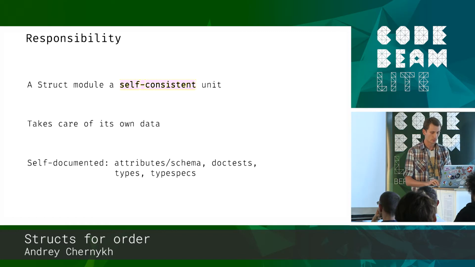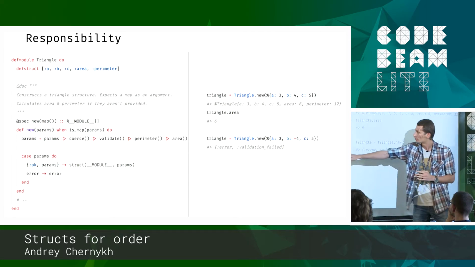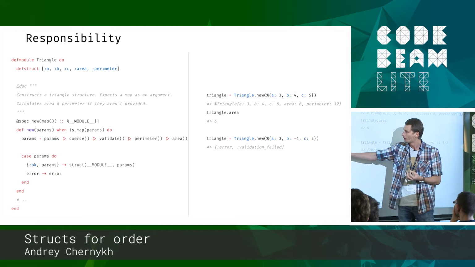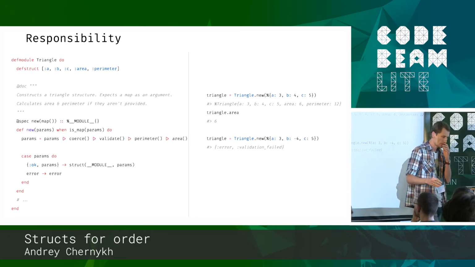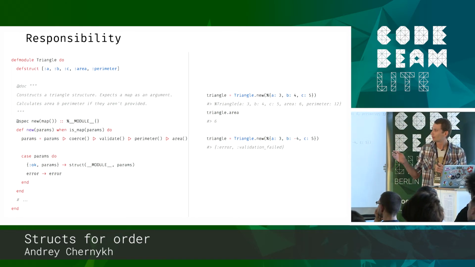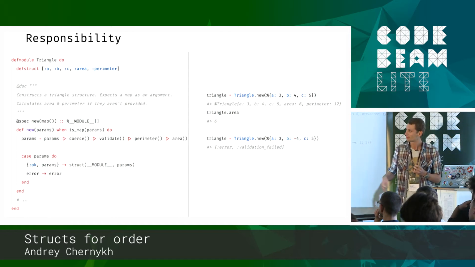Let me show an example of such a structure module. We define it in a module, we define the fields this structure should have. Also, we provided a constructor to generate triangles from incoming parameters. I have omitted all these public or private functions. It depends on the API of this module, just for the sake of example. But see how this particular module could have functions to deal with the data it describes.